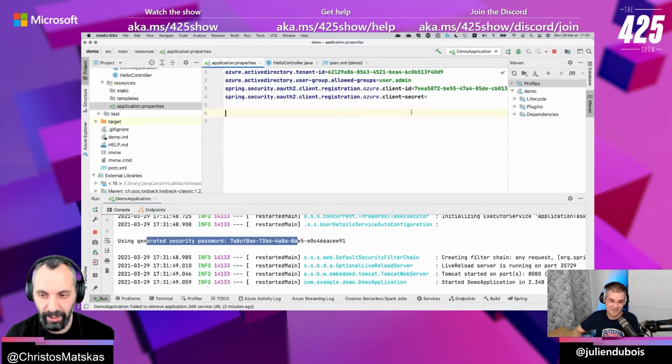Is there a hook to Key Vault or something so you can put all your secrets there? Do you know if Spring Boot works out of the box with Key Vault? So let me go through at least 4 better options to do it. Oh, 4 better options. I love it.